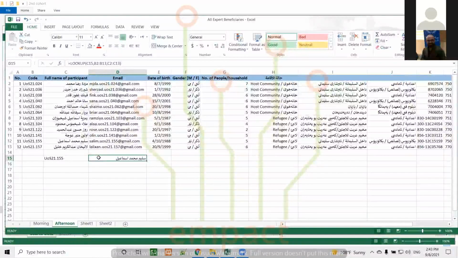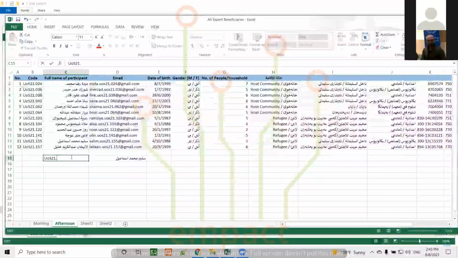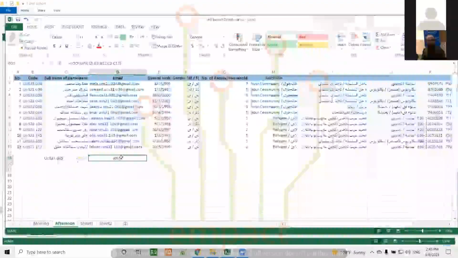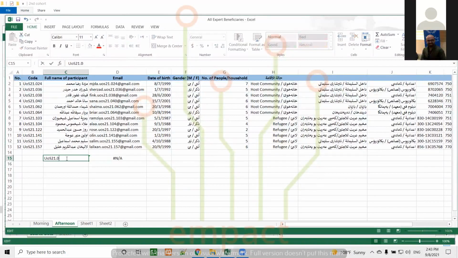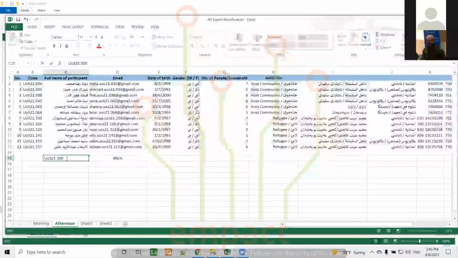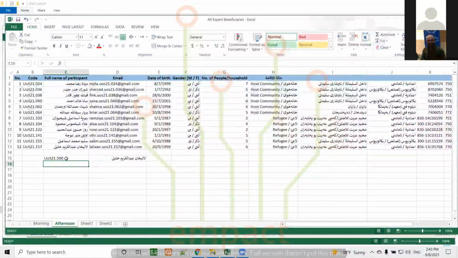So if the number exists, for example, let's say I'm looking for someone, but I'm not sure if he or she is in this list. So I will just say, okay, I'm looking for 005 and enter. Straight away, it's telling me that this person does not exist here. So you have to look for this person somewhere else. Or if I wrote something like 500 and enter, I will have